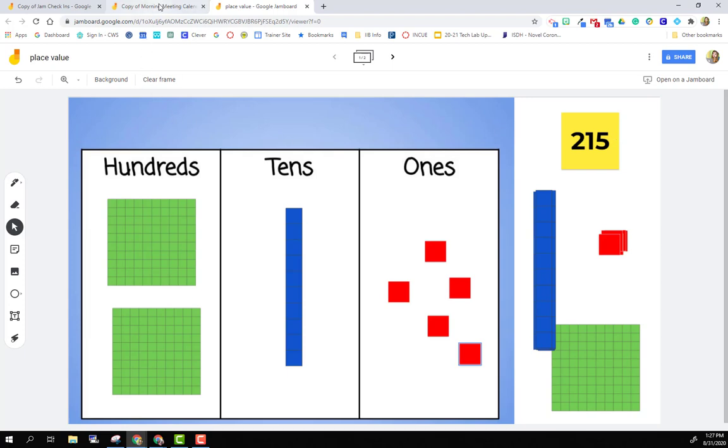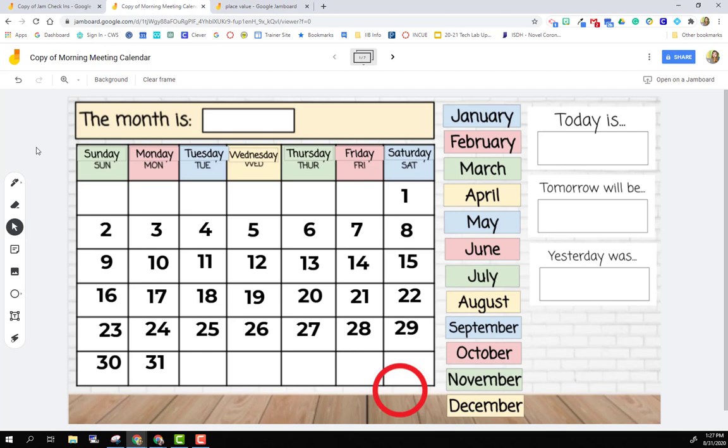The next activity that I want to show you is maybe something that you might do during a Google Meet. So you're going to be meeting as a class and you want to go through your morning meeting calendar, what you would normally be doing in the class. So today happens to be August